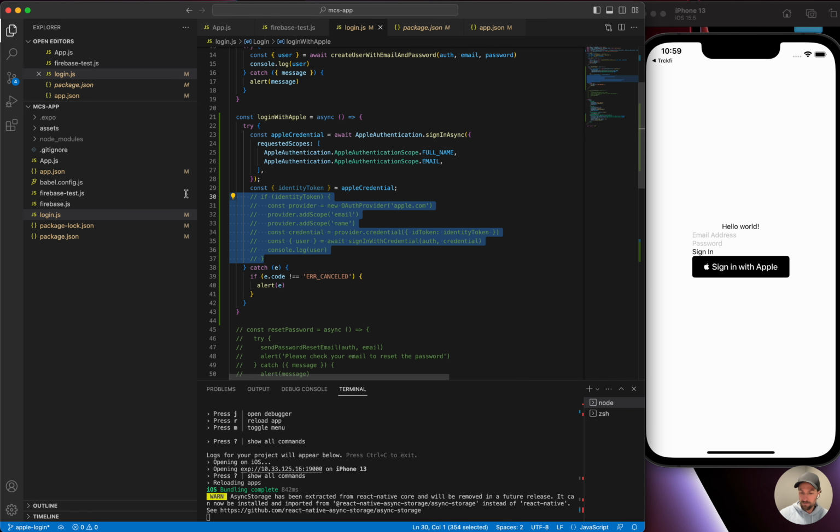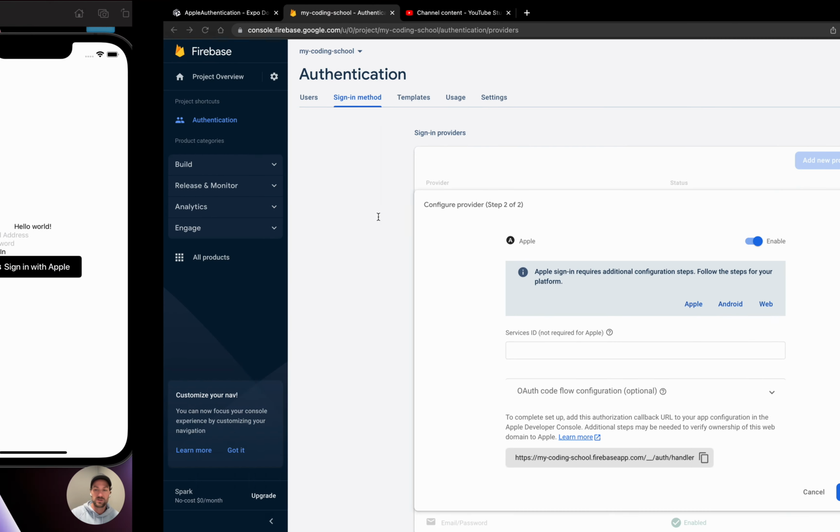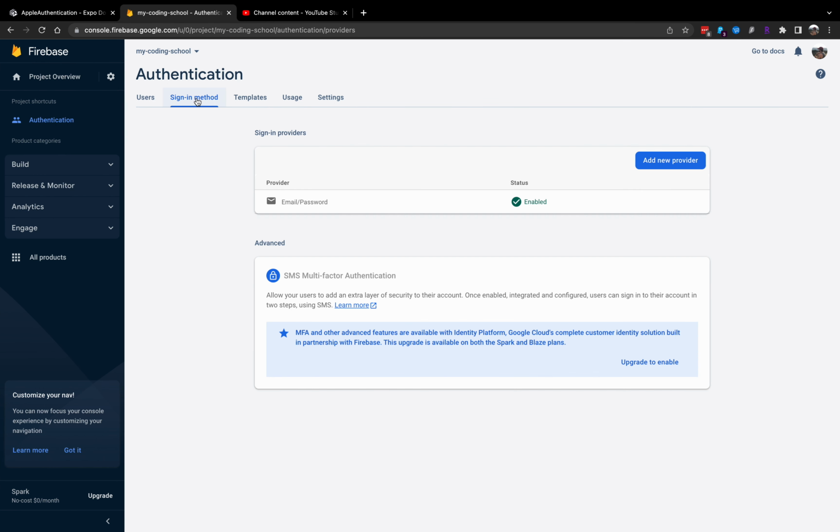This is the part that was a little confusing at first, to me at least. So we have this identity token. What the heck do we do with this token? This is just a UUID from Apple. Not super clear what to do with that. So to hook up to Firebase, we need to import an OAuth provider. So an OAuth provider is any one of